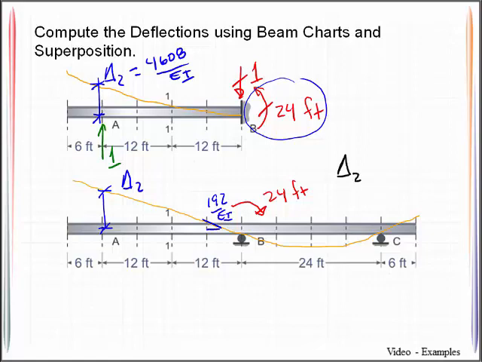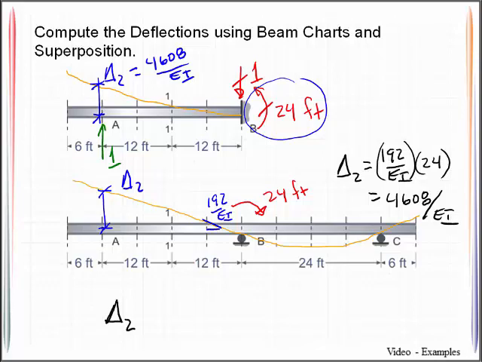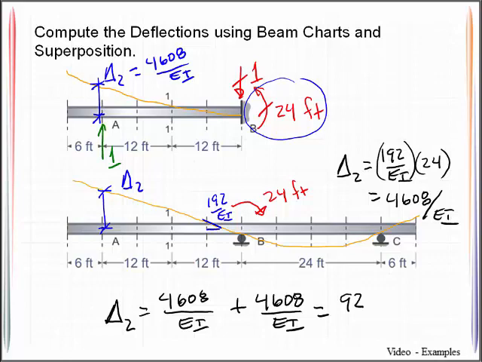Delta 2 is equal to 192 over EI multiplied by the length. So that's the distance from the pivot point B over to delta 2. And that will then be equal to 4608 over EI. That means that my total displacement at delta 2 due to that unit load at A is equal to 4608 over EI plus 4608 over EI, thus giving me 9216